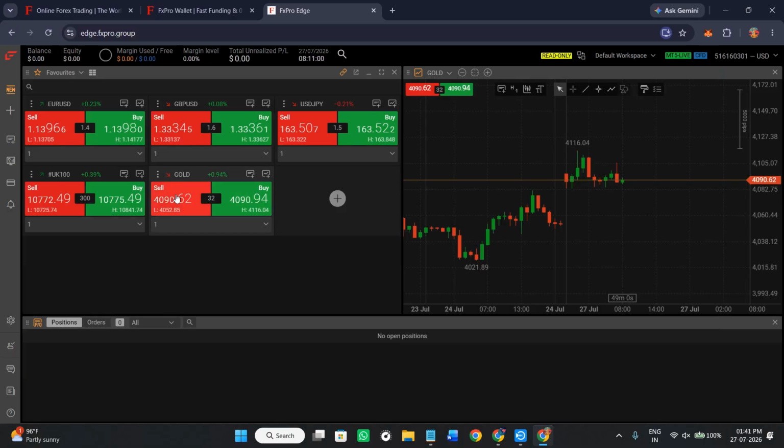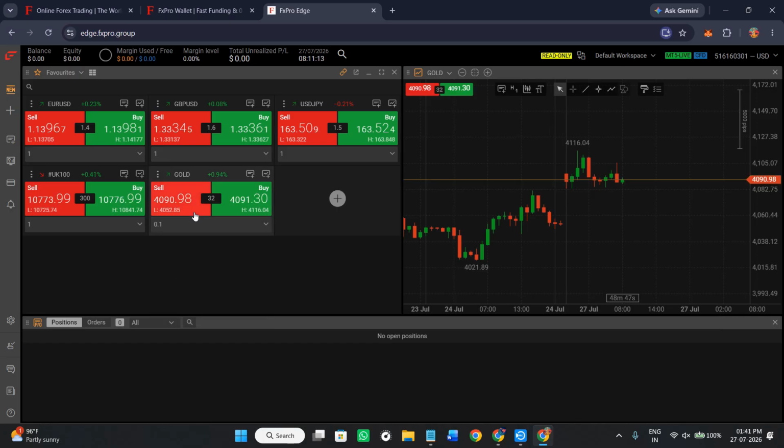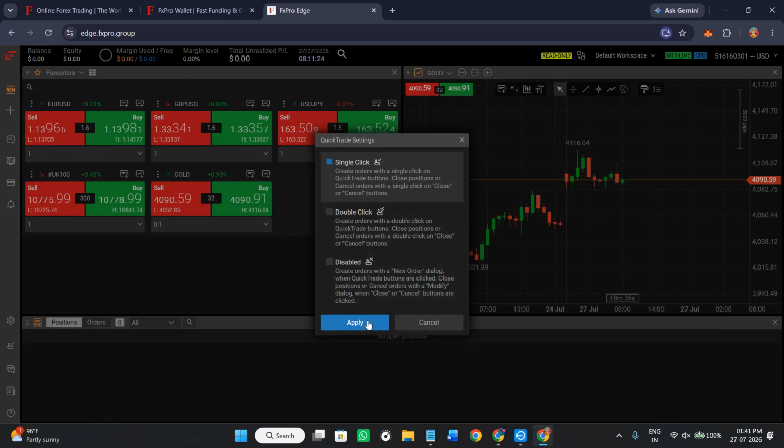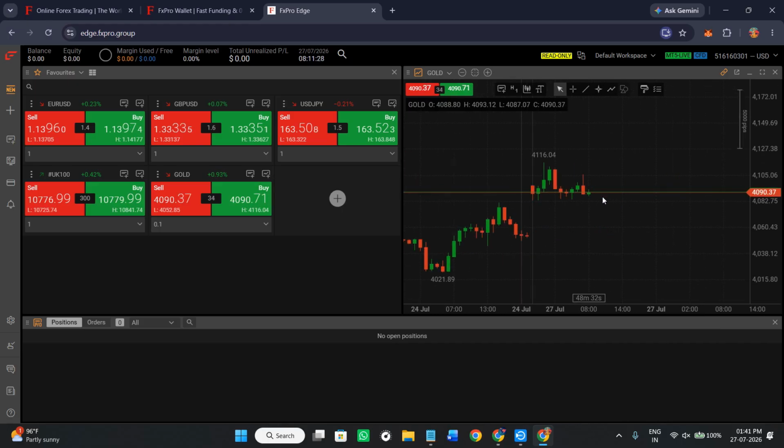Now over here underneath the gold chart, you are also going to see the buy and the sell option. So you can choose the amount that you want to spend in order to basically purchase the gold. So after selecting, let's say 0.1 lot, you need to analyze it and place the order. So you can place the order in the buy side or in the sell side. So let's say I've selected the option of sell. So simply select the option of apply. Now as soon as you select the option of apply, your sell trade will be placed,